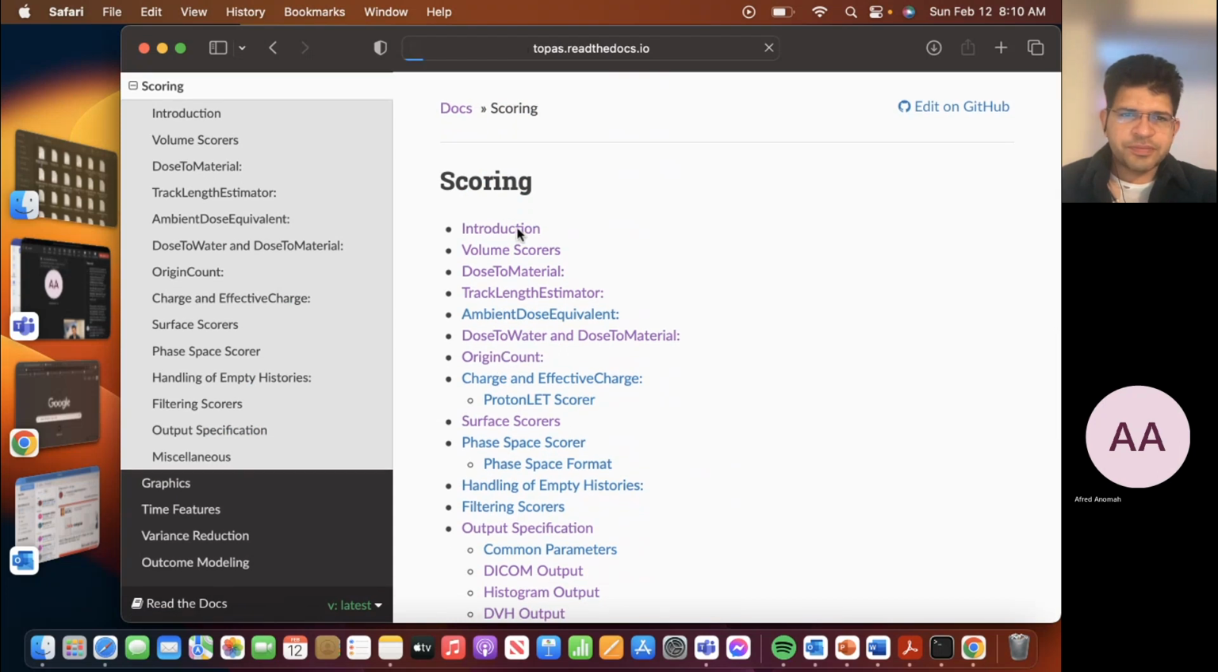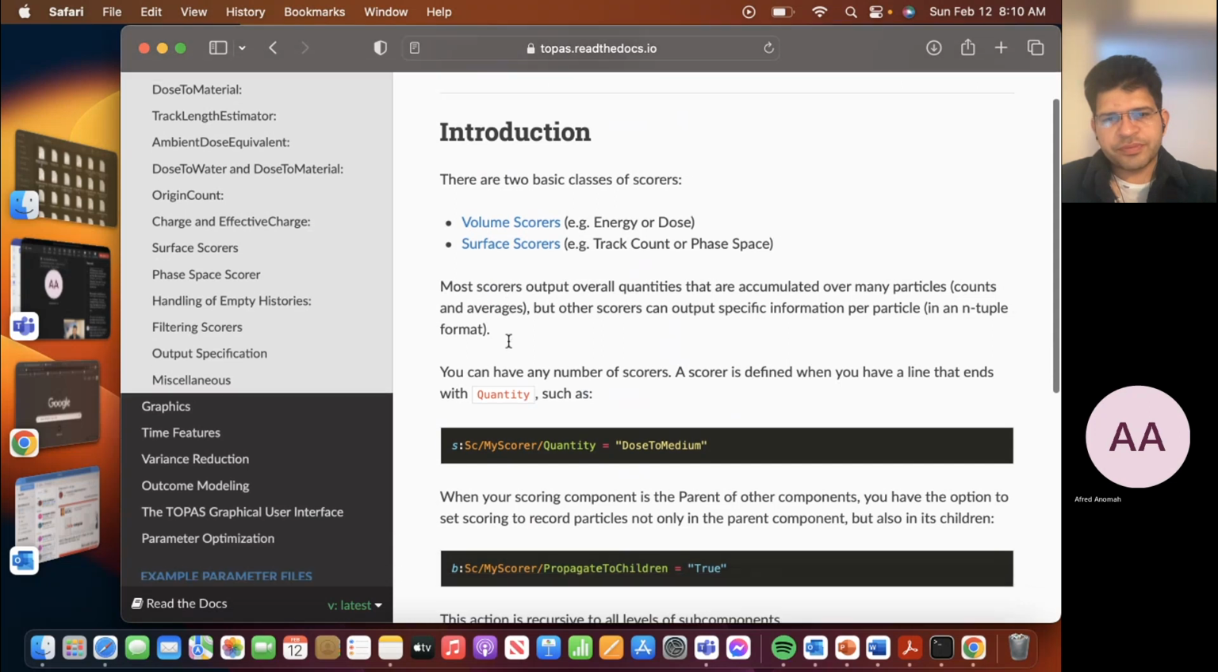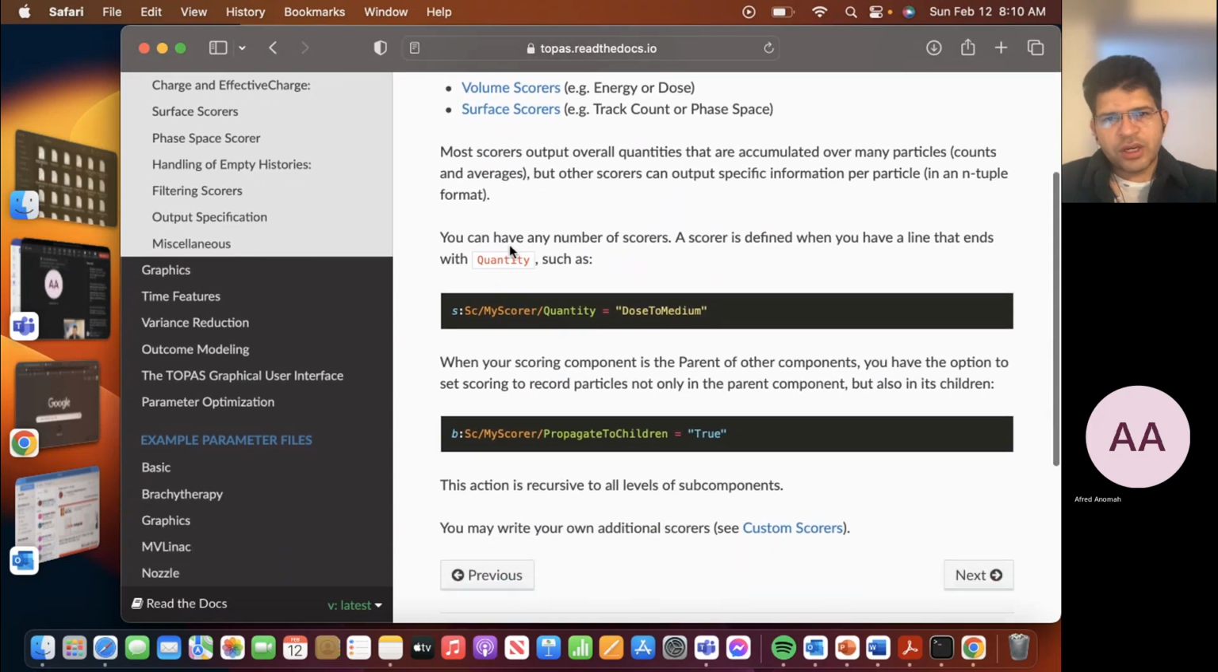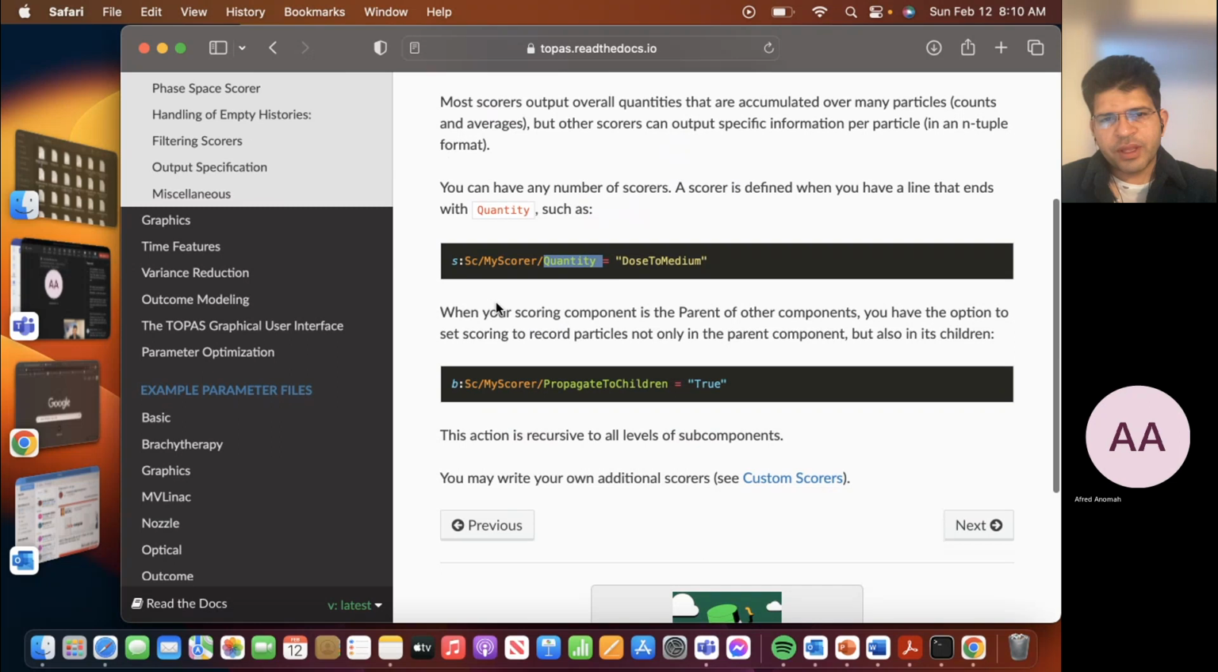So let's get started. Initially, there are mainly two basic scorers. One is the volume scorer and another is the surface scorer. Whenever you define your scorer, you have to define what quantity you want to compute or score, like in this case, dose to medium. And then, when your scoring component is the parent, for instance, the parent is the world volume. Like in our case, if we consider our geometry,